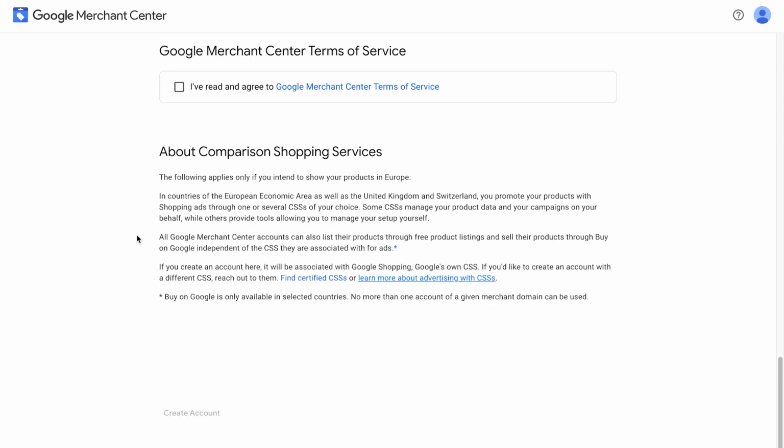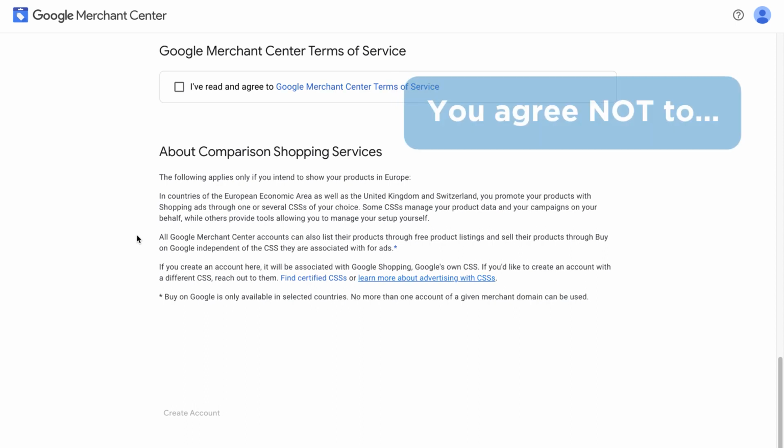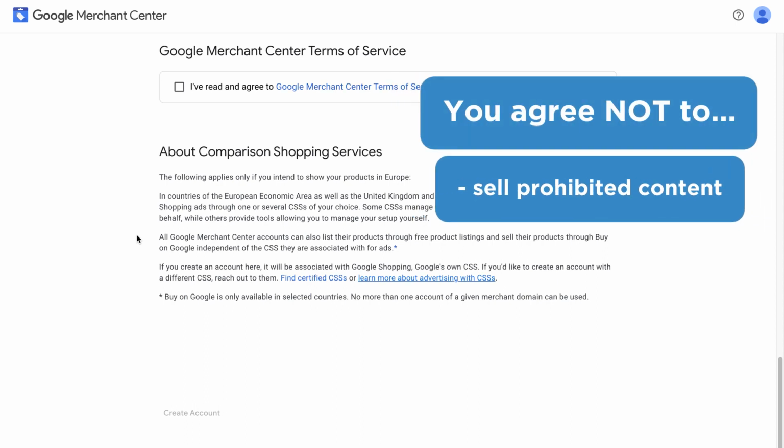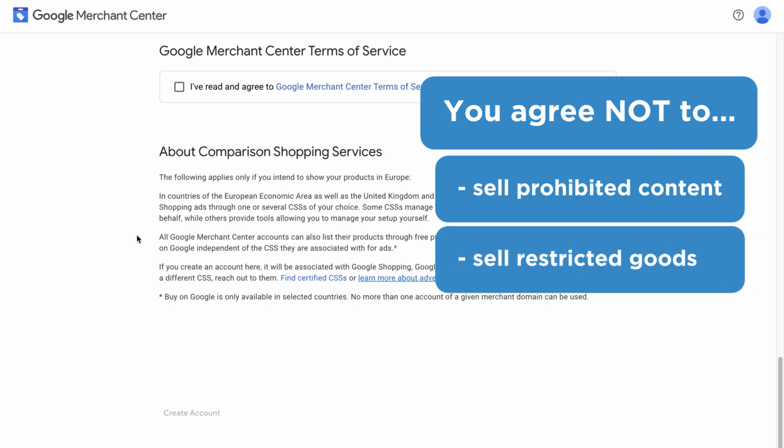Then it's going to ask us about the terms and conditions. Normally, we tend to not read these because life's too short. So let me summarize what you're agreeing to. It ties what you do here to the core Google terms and conditions, which are actually pretty easy to read, to their credit. You agree not to sell prohibited content, generally illegal things such as counterfeit goods, sell restricted content,